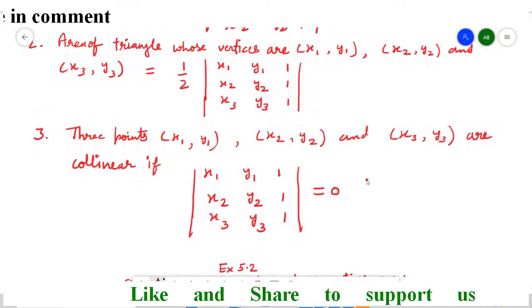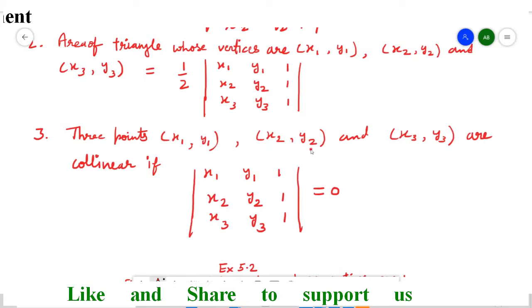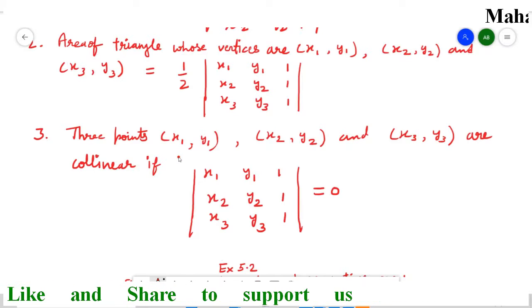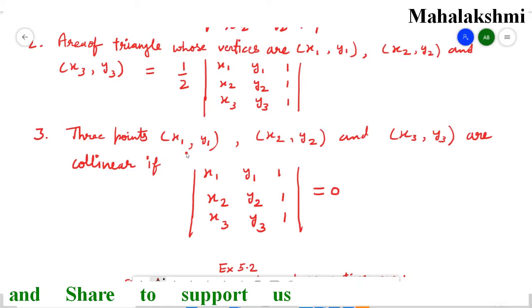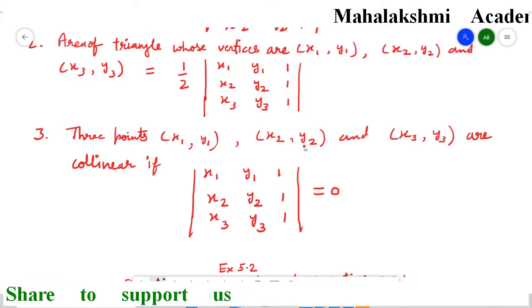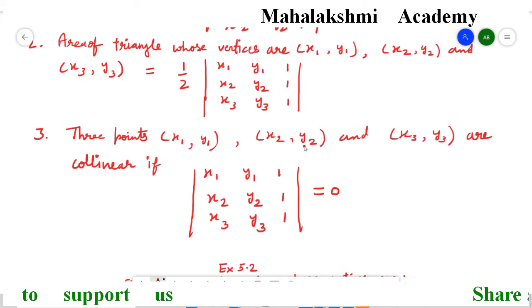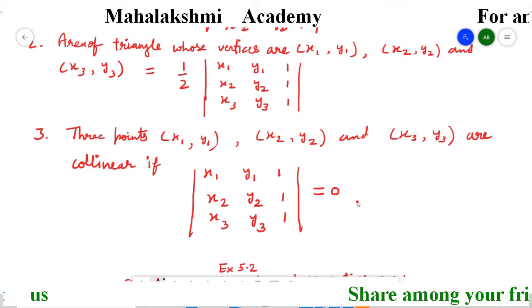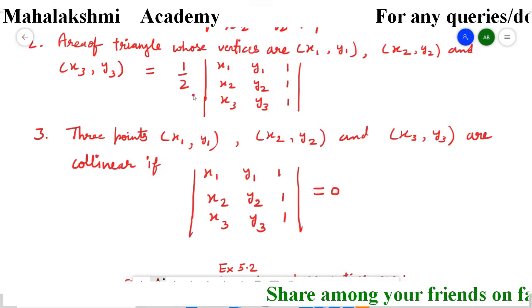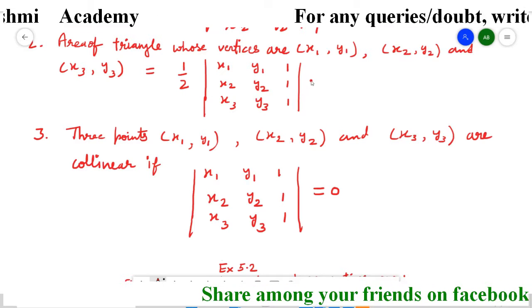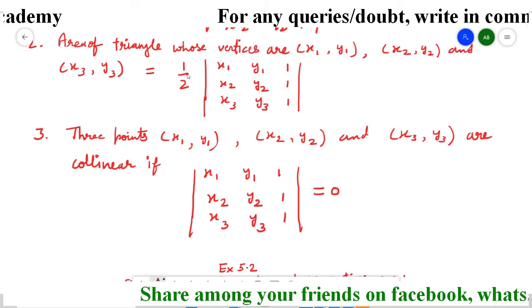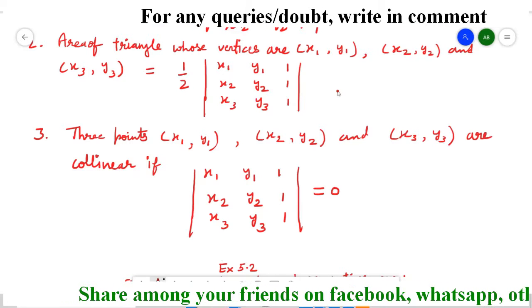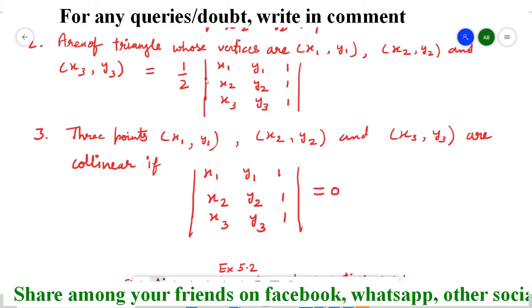Now, if 3 points are available to us and we have to check whether the 3 points are collinear or not: students, if the points are collinear, then the area of the triangle formed by joining the 3 points must be 0. So whatever area you obtain here, keep it equal to 0. When you keep it equal to 0, this half goes to the other side, multiplies by 0 and becomes 0. So only this determinant remains.